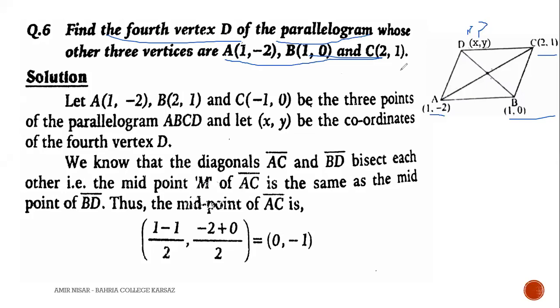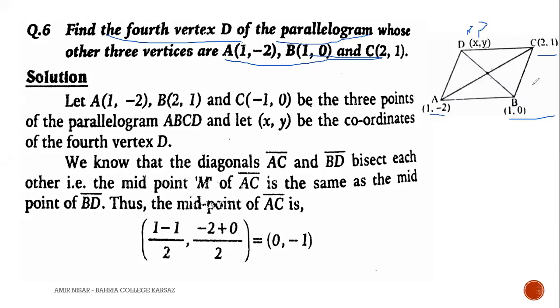Because we have more tools now. When we were in 2.1, we had only one formula, the distance formula. We had limited resources there, but now we have many formulas: internal division formula, external division formula and midpoint formula. तो जब आपके पास रिसोर्सेज बढ़ जाती हैं तो हम इजीएस्ट वे में जाते हैं. 2.1 में हमारे पास एक ही ऑप्शन था, टू यूज डिस्टेंस फार्मूला. तो आप इसे डिस्टेंस फार्मूले से भी कर सकते हैं, लेकिन वो मेथड होगा 2.1 का. Now we are going to solve this question with the help of the midpoint formula.